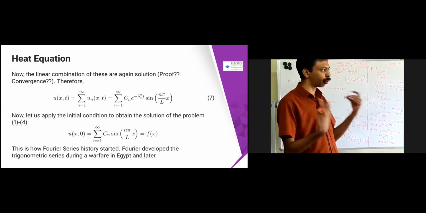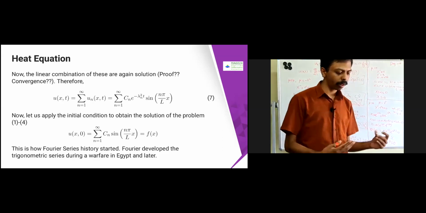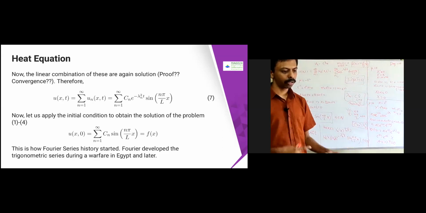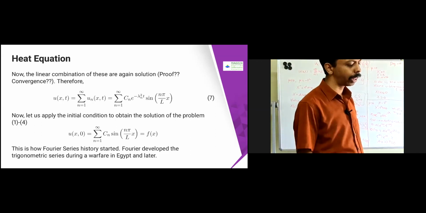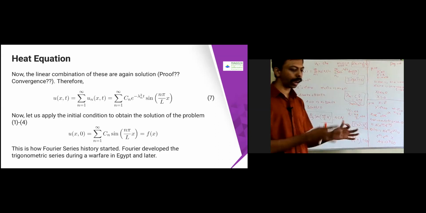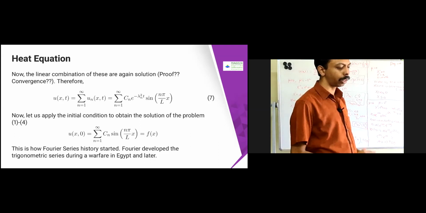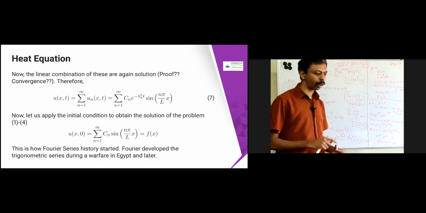So the cannon was getting so much heating, and he wanted to make it cool much faster. How to do that? For that he developed some theory, and then he developed this heat equation. From that, he derived the solutions also, during that period and later. So you can see that history of the Fourier series. That's how he developed it.